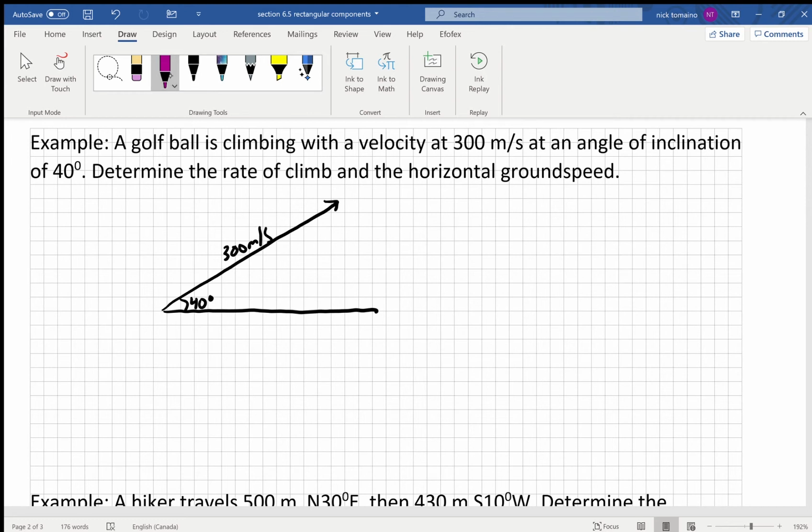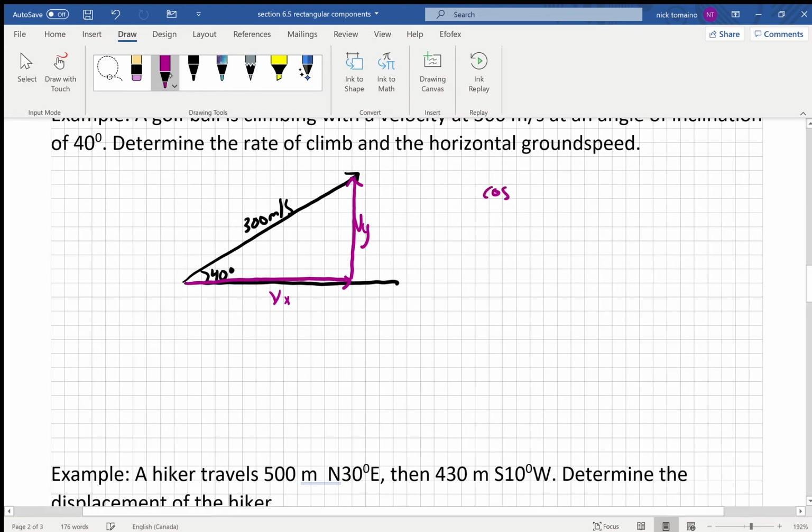So this 300 meters per second, it's rising at a certain speed, and it's going along the ground at a certain speed there. Okay, so we'll just call this velocity in the x direction and velocity in the y direction. Okay, no problem. So again, it's just using our trigonometry. So we have cos of 40 is equal to Vx over 300. So 300 times cos 40 is equal to Vx, okay, which is